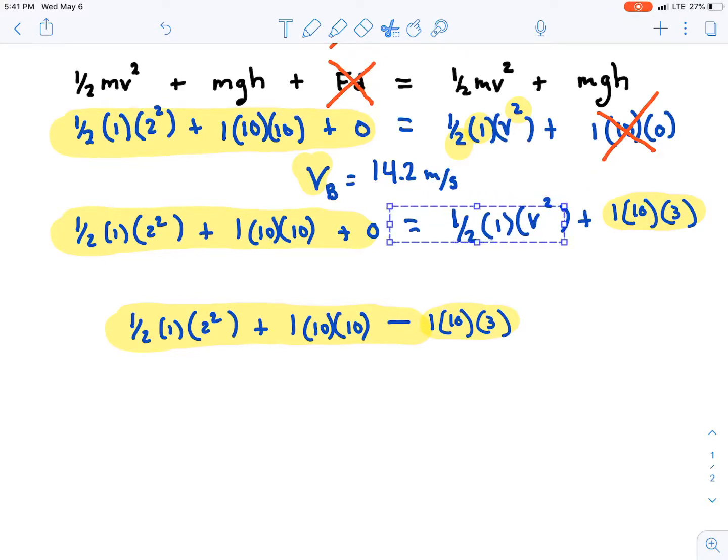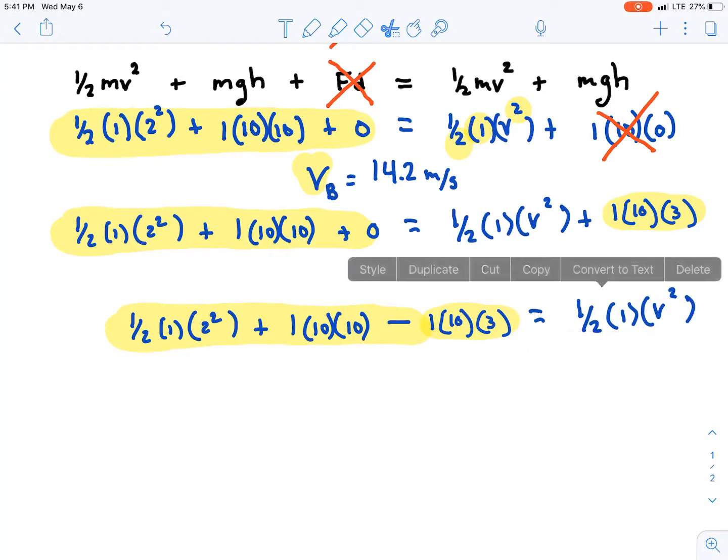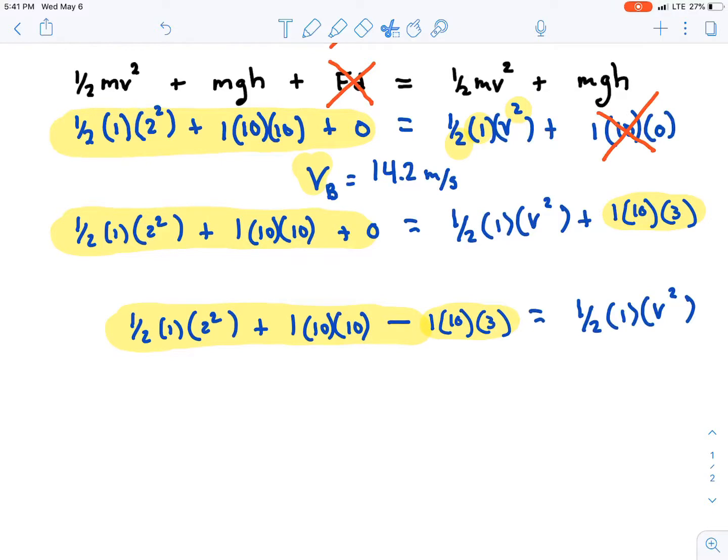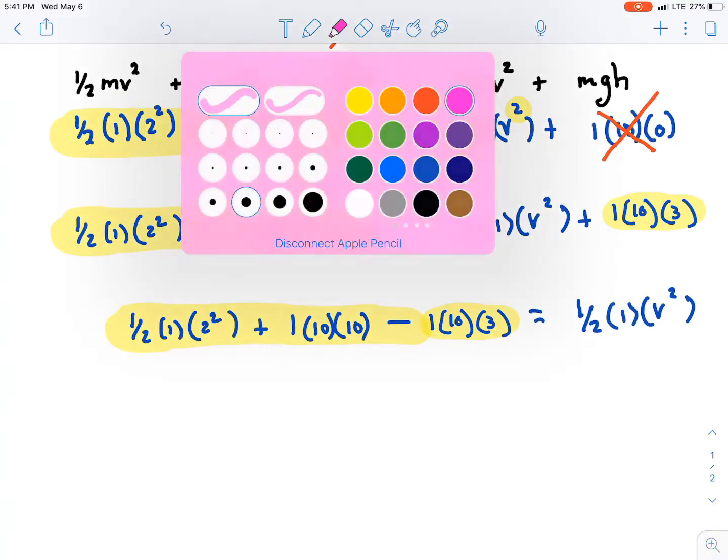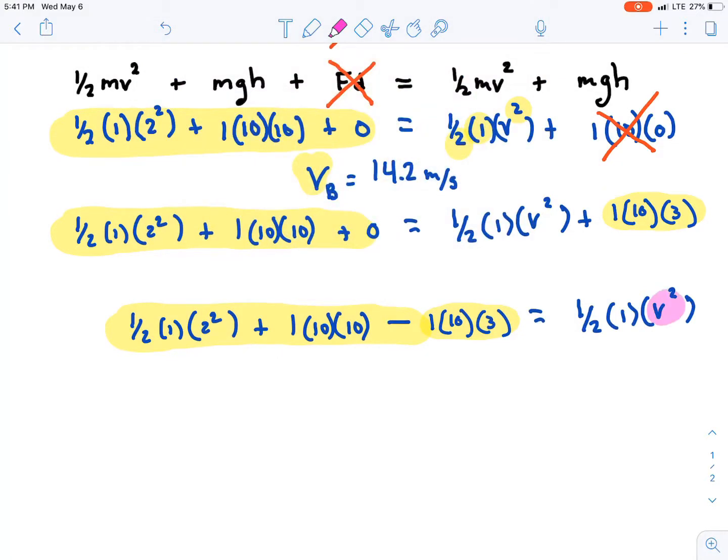I hope I have that 2 in my thing. I'm pretty sure I do. Okay, see how I did that? In class, I wouldn't do that normally, right? But we'll just do it here for fun. So we're solving for v squared,